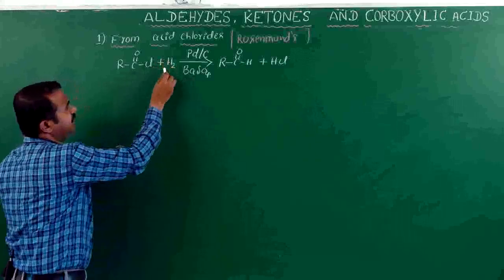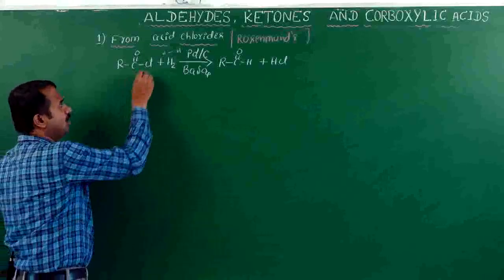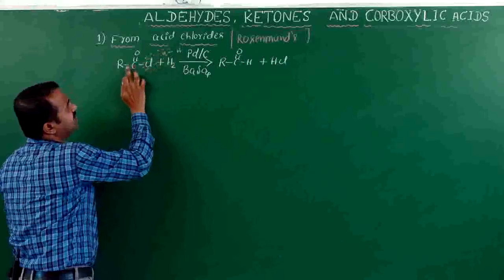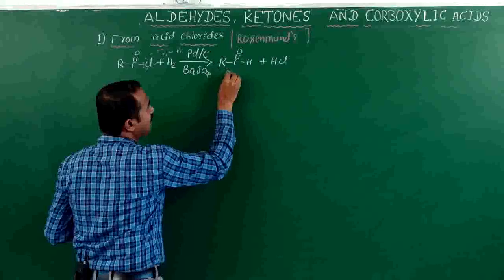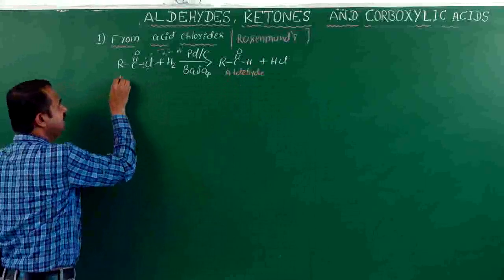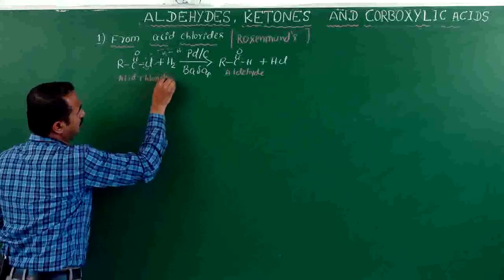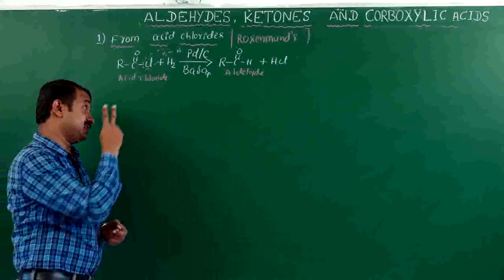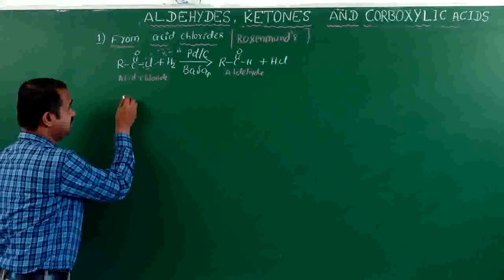Okay. This is the addition of hydrogen, meaning H. Here one molecule of HCl is going out. Here another H, that is RCHO, the general formula of aldehyde. This is acid chloride. Okay, this is very important. They will ask a 2 marks question: Explain Rosenmund's reduction, or sometimes they will give the structures.